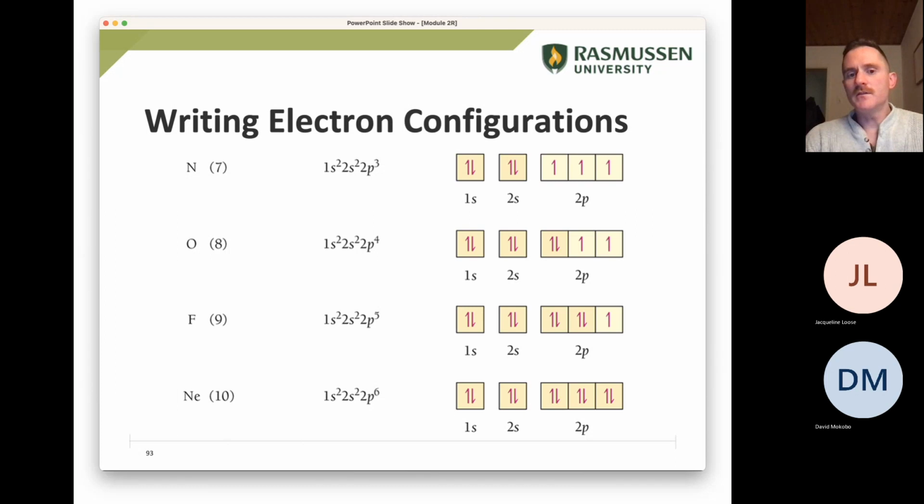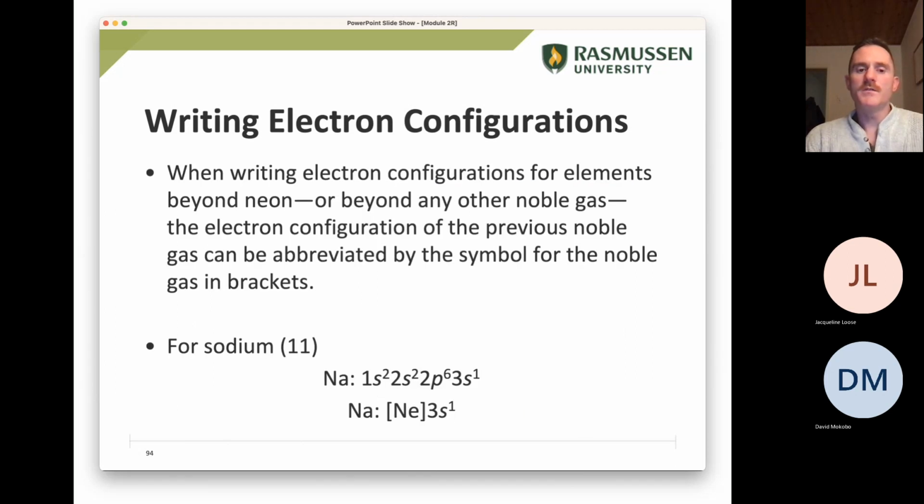So it looks confusing, but really it follows this pattern that becomes really simple the more you look at it. What's neat too is that when you're writing electron configurations for elements beyond neon, or beyond any noble gas, you can use what we call the noble gas configuration. Basically, if you look at sodium, for example, it's element number 11 on the periodic table, and it comes right after neon. If you don't want to deal with 1s2, 2s2, 2p6, that's neon, right? You can just take all of that and bracket it, and say neon basically symbolizes 1s2, 2s2, 2p6,